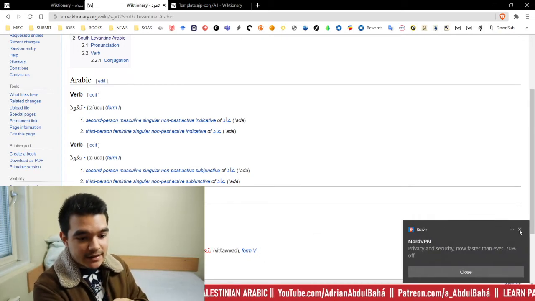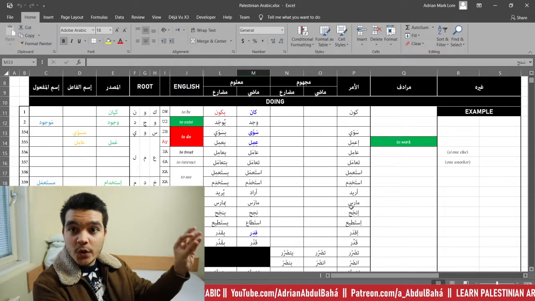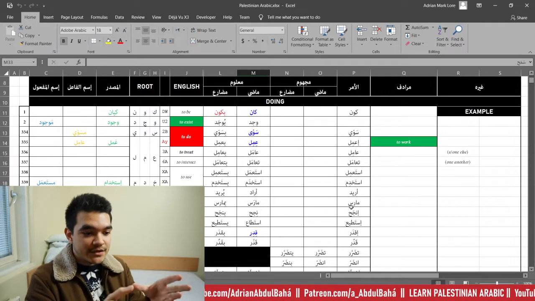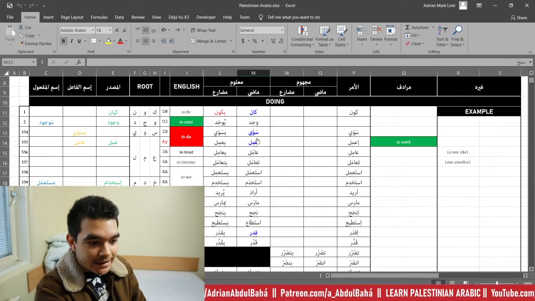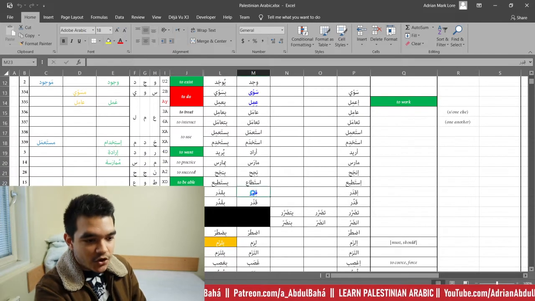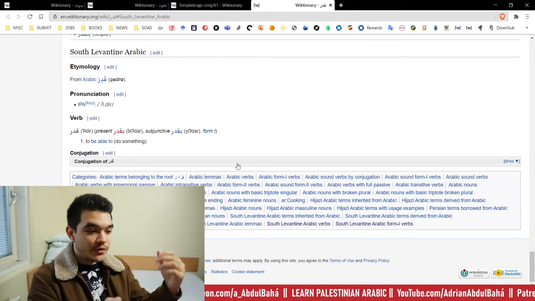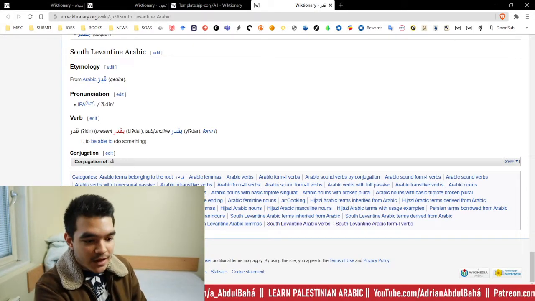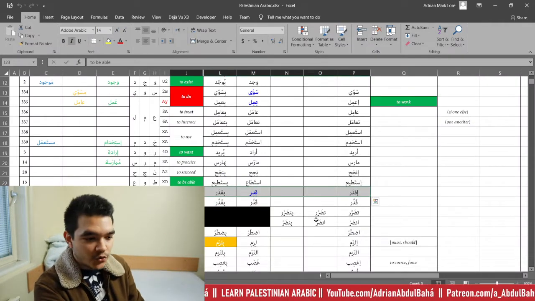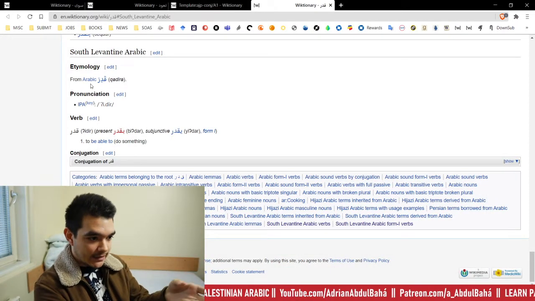And the nice thing is I'm trying to link back to Wiktionary from my spreadsheet. So I'm linking the two things together so that if you have the spreadsheet, you can click on the links, these blue things. If you click on the link, okay, I want to know more about that, and boom, it takes you right to the page. So now you have a brief little entry on the spreadsheet that you can reference quickly, but if you want more information, you can click the link and see